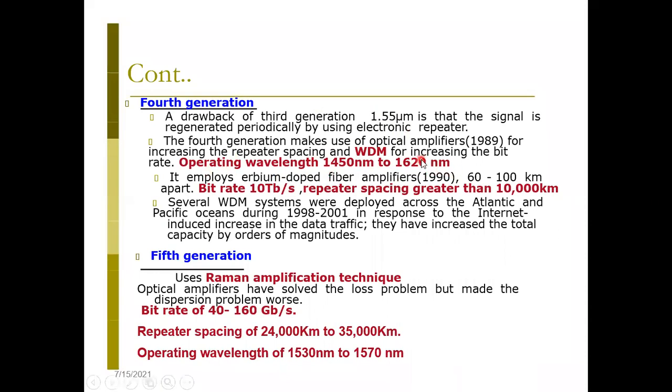As I said, optical amplifiers were found during the 4th generation. What is that optical amplifier? It was EDFA, the erbium doped fiber amplifier. We will study this amplifier, its construction, everything. Right now only the name. So in the 4th generation, we had optical amplifiers and WDM, and with all those things the repeater spacing increased. Just imagine, where coaxial cable had 1 kilometer, here 10,000 kilometer repeater spacing took place. Then this is something about WDM.